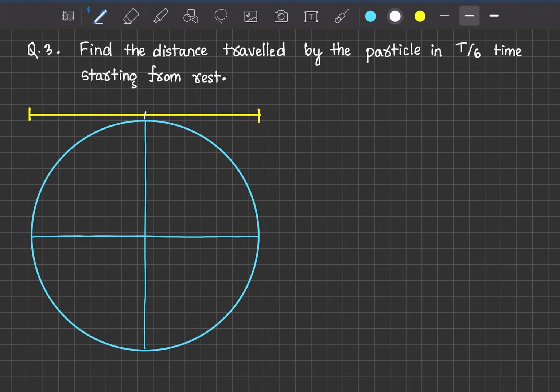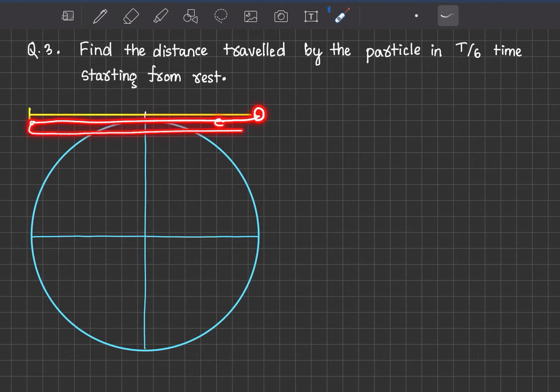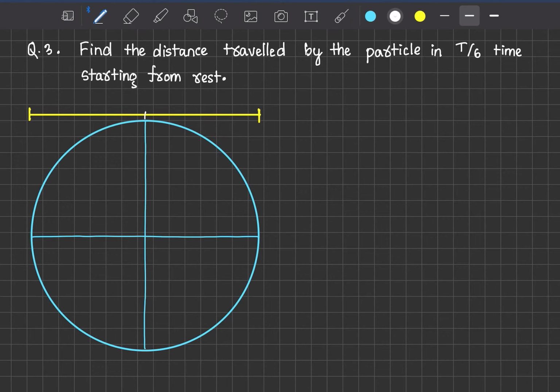So let's consider that point, the extreme position. So let's say the particle is here and it is starting the SHM. That means further it will move this way to the extreme left, again it will move this way to the extreme right for one complete rotation. Now if the time period of entire rotation is t, so time period of SHM is t, that means in the circle also time period of rotation is t. Again this means in t time the point P can cover 360 degree rotation.